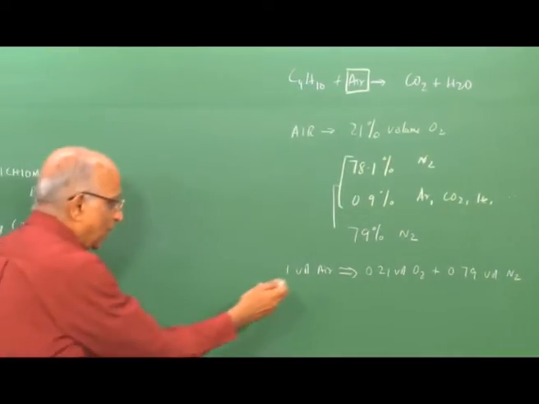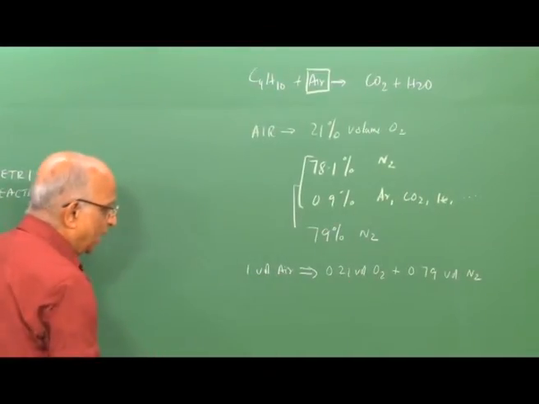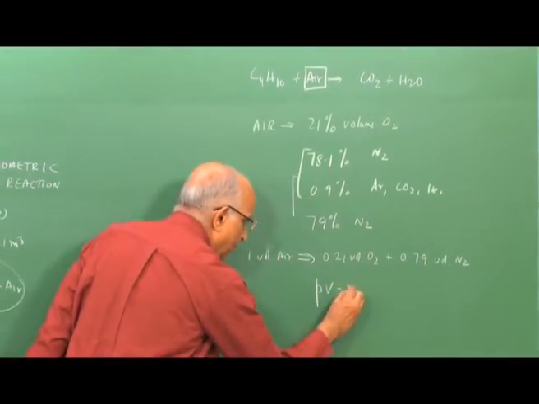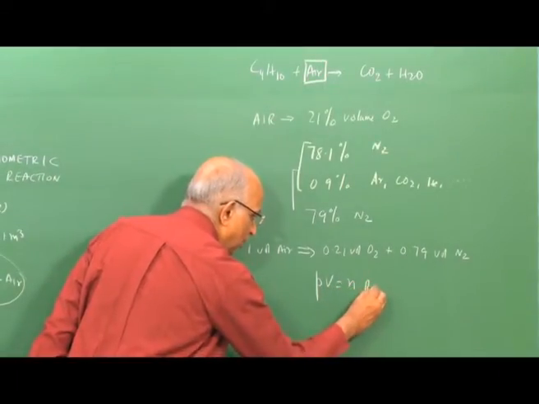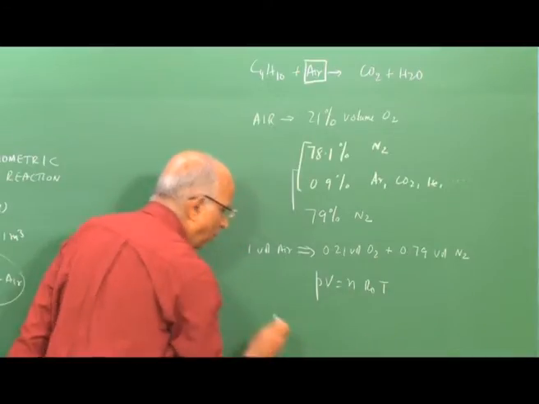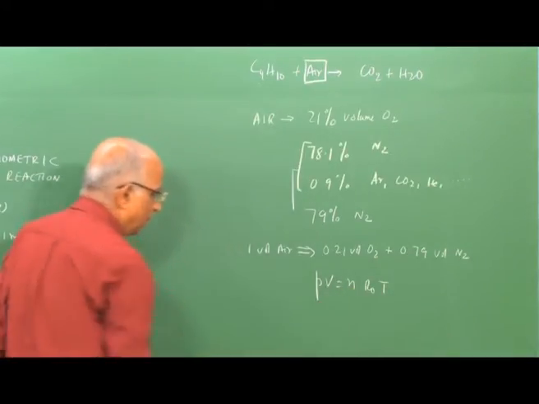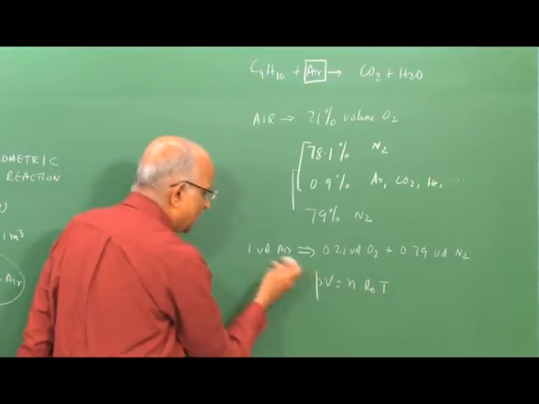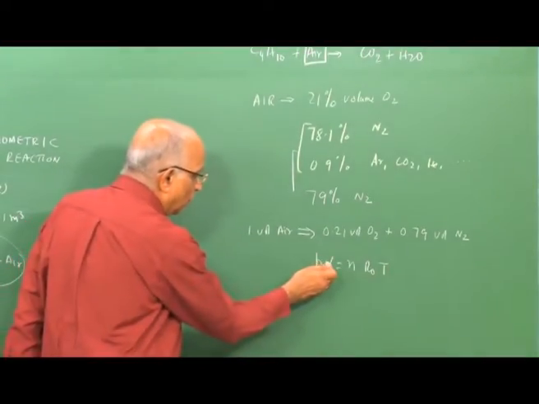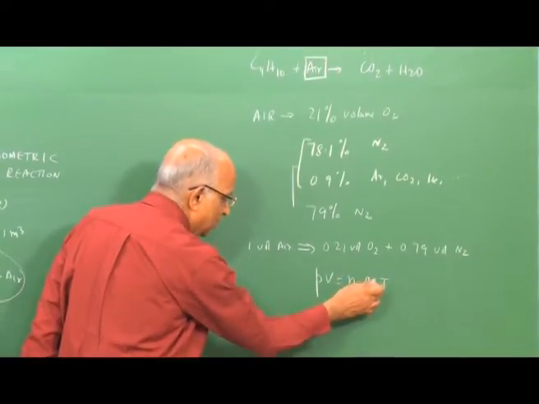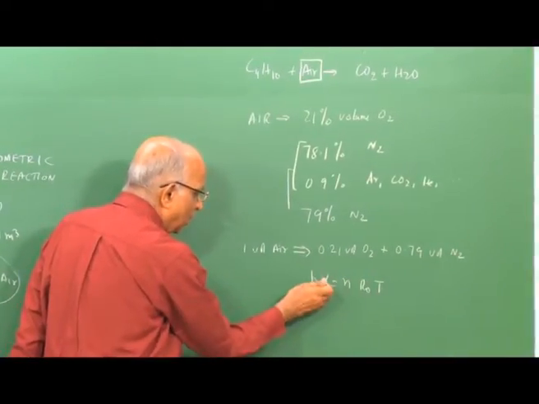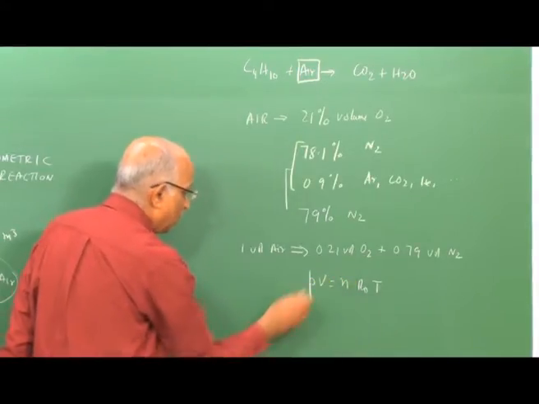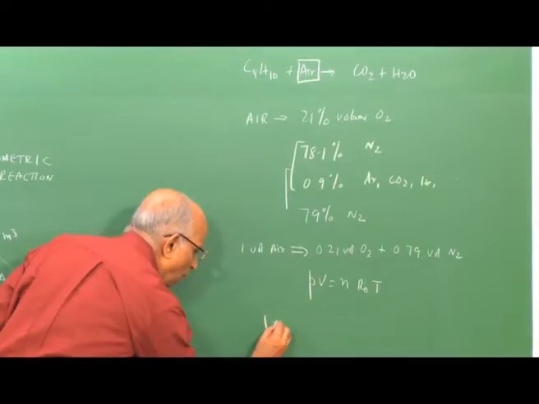I would like to convert the volume into moles, and again I look at this particular ideal gas equation. I have PV is equal to number of moles, universal gas constant which is the same for all gases, times temperature. At any pressure and temperature, so long as they are the same, the volume goes as the number of moles, and therefore the moles are proportional to the volume, and therefore I say 1 mole of air